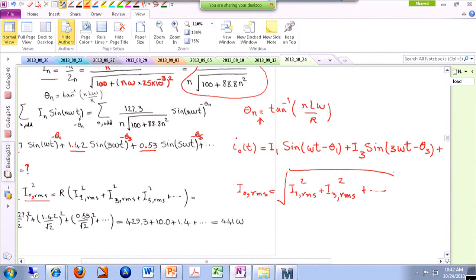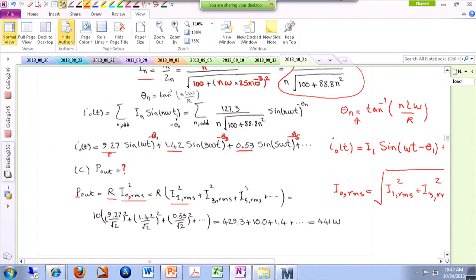Now, because we need the square value of the RMS value, the square root goes away, and these terms all appear over here. So I have R, which is 10 ohms,